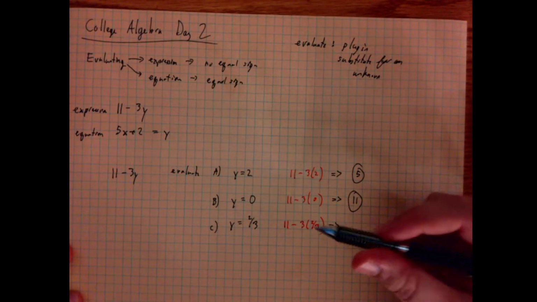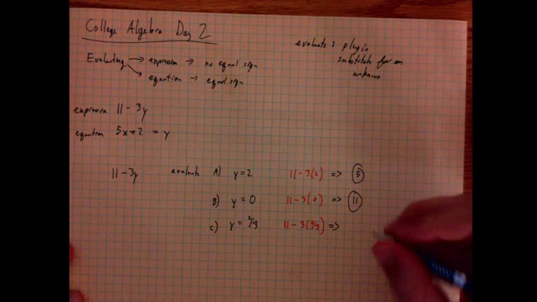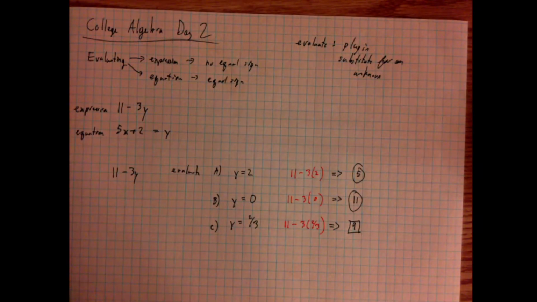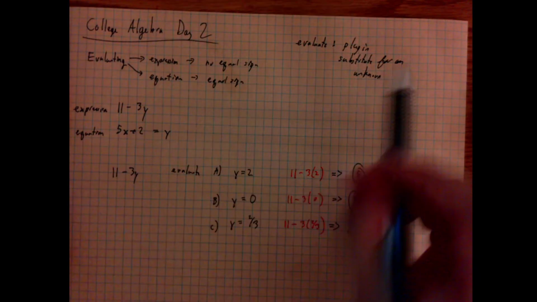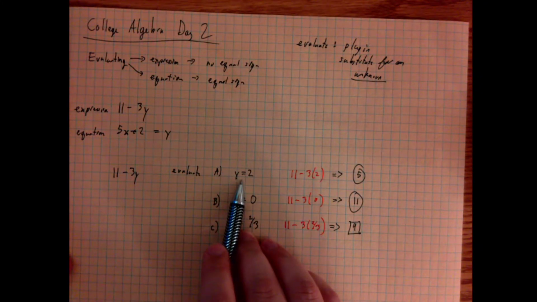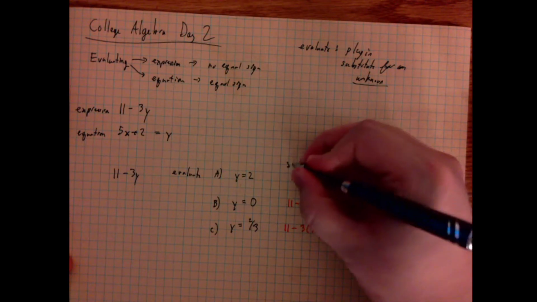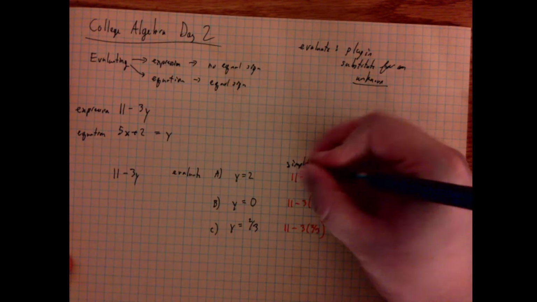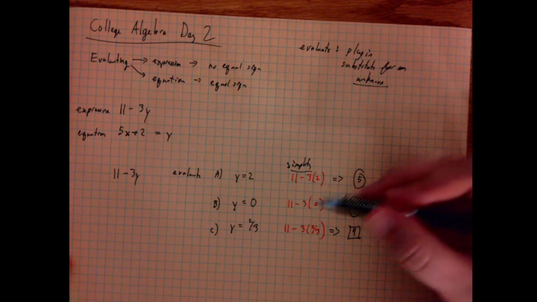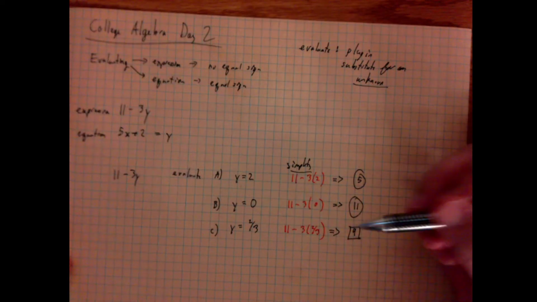And then finally on the last one, same process, but whenever we go through that process, we end up with 9. And so this is the term evaluate. It simply means that everywhere there used to be a function or an expression with a variable in it, the variable goes from unknown to something that is known. And then the evaluation is simply simplifying that new statement with y becoming 2, or y becoming 0, or y becoming 2/3.